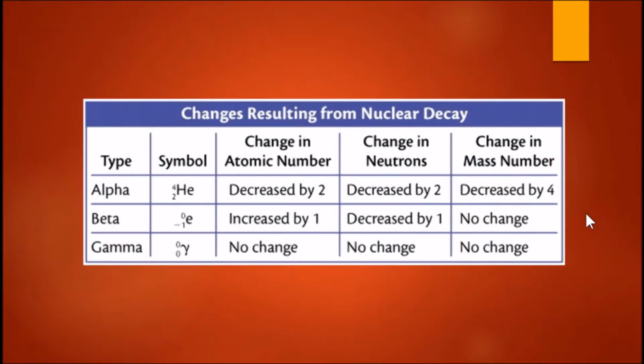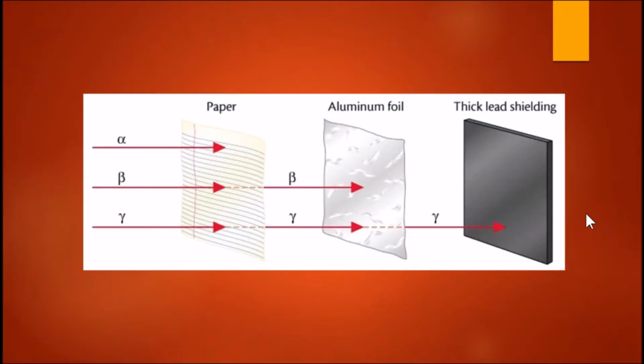Okay, so in review, alpha particles are made up of 2 protons and 2 neutrons. Big old suckers, comparatively speaking. Beta particles are teeny tiny little things that are about the same size as an electron, though it's not an electron, but we make believe it is just to help us. And then gamma radiation is pure energy, not made up of particles. Alpha can be stopped by paper. Beta can be stopped by a thin piece of aluminum,